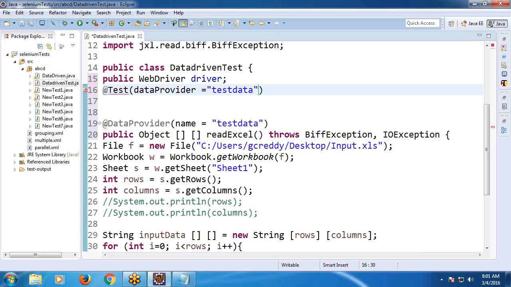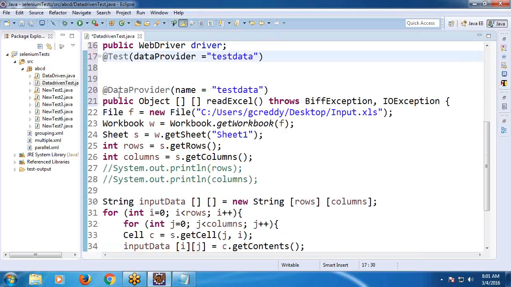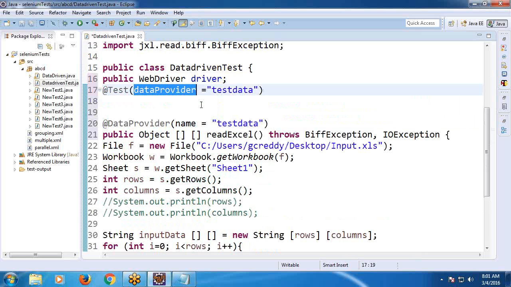Observe, Madhavi. Here dataProvider, capital D, capital P. What is this dataProvider? Annotation. Annotation. Next, this dataProvider, the selected one,